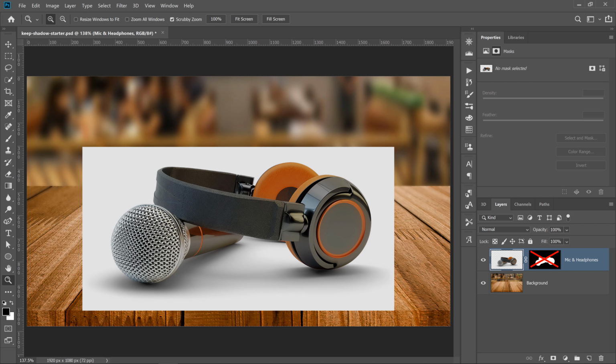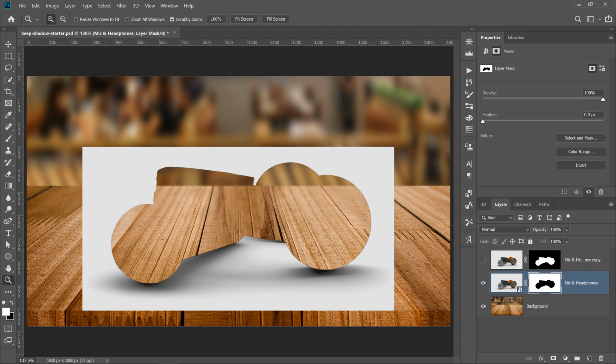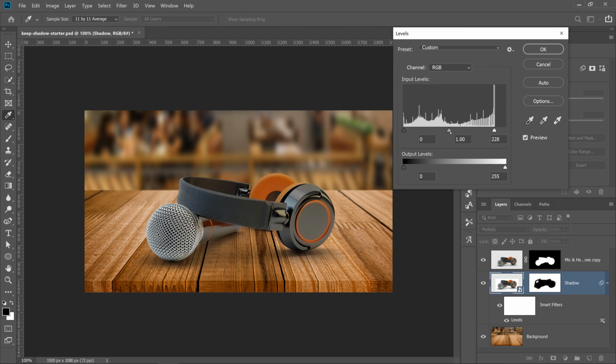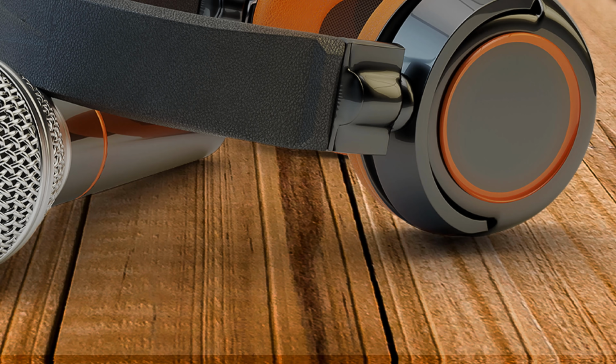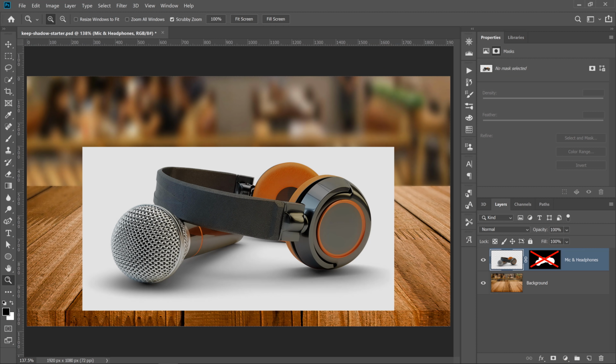I'm Jesus Ramirez. In this video, I'm going to show you how to change backgrounds and keep the original shadows in Photoshop. This technique will help you create more realistic composites. You will learn to mask the shadows in an image, control their intensity, and color them so that they match the scene. This tutorial is filled with tips and tricks, so stick around to the end.